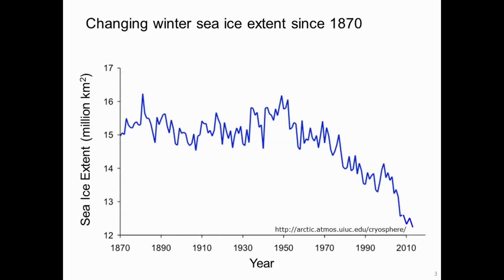This is a plot of changes in sea ice in the wintertime between 1870 and not quite the present, but pretty close to the present. You can see for most of the time series, up till about 1950, that sea ice in the Arctic was pretty constant. And then starting in 1950, we've had this precipitous decline that's only accelerating as time goes on. This is the extent of the ice.